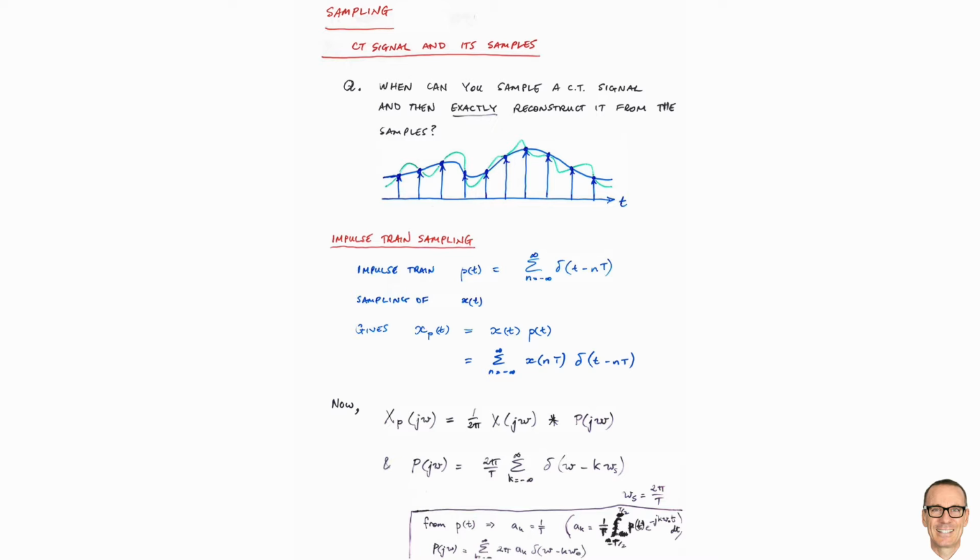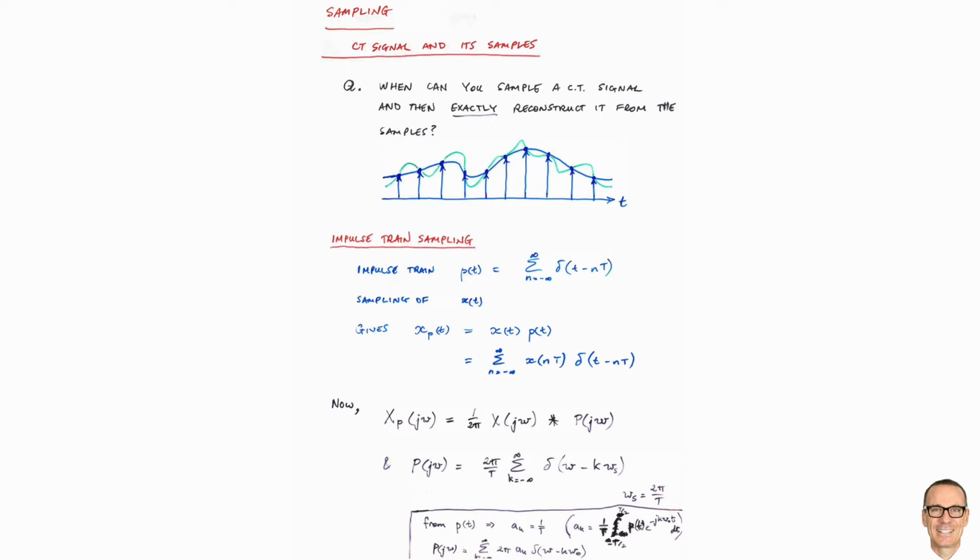One way to approach sampling is to think of multiplying the continuous time waveform by an impulse train. This is the function p(t), which is the summation of delta functions, where each delta function in that summation is offset by an integer multiple of capital T, the sampling period. That is shown as the blue arrows in the picture above. In p(t) they all have the same height, but when you multiply them by your function x(t), they will all have different heights